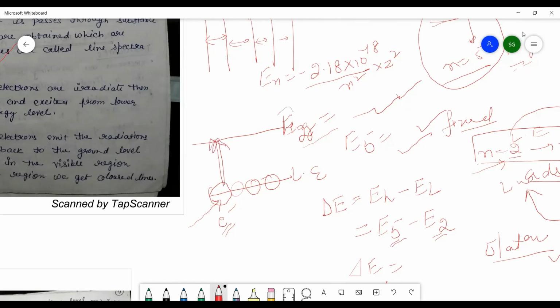Now, the higher energy level occupied by the electron depends upon the amount of the energy absorbed by the electron. जितनी ज्यादा एनर्जी वो एब्जॉर्ब करेगा, it will be moved towards the higher energy level. Suppose the lower energy level is n is equal to 1. So this electron can occupy n is equal to 2, it can occupy n is equal to 3, it can occupy n is equal to 4 और so on.